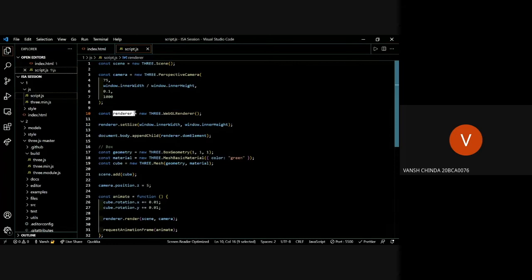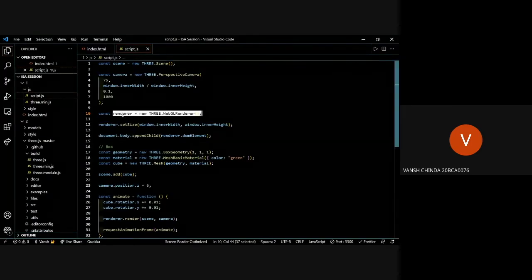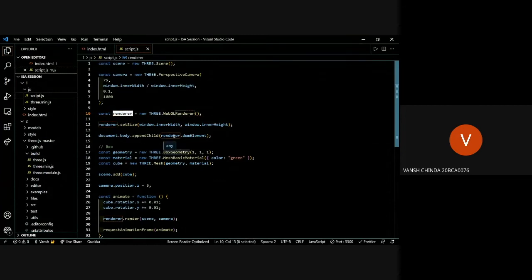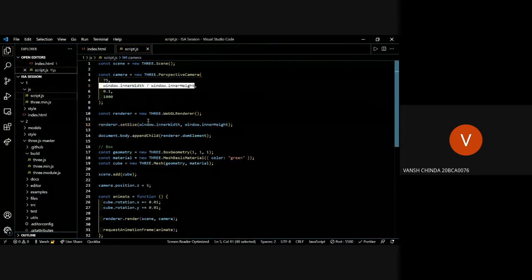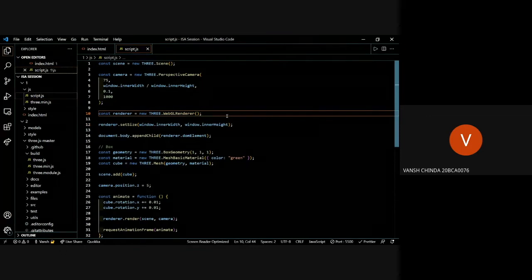We'll define the renderer here, and everything happening in this canvas will go through the renderer. The renderer will be called to update it or to add any scene to it. We are just setting the size for the renderer. Remember this: the size for your camera and your renderer should always be equal. If not, the result will get pretty weird.